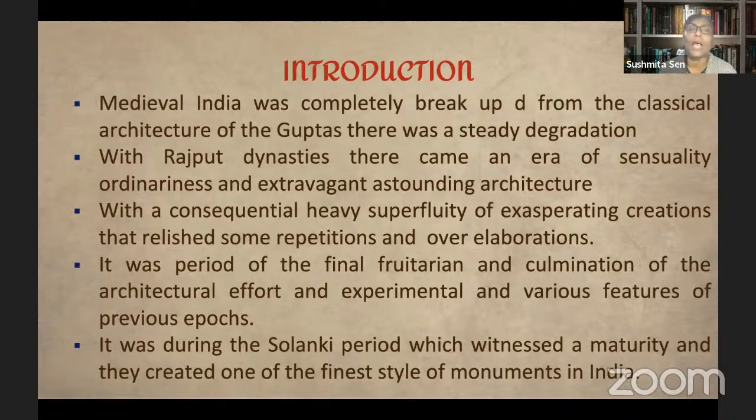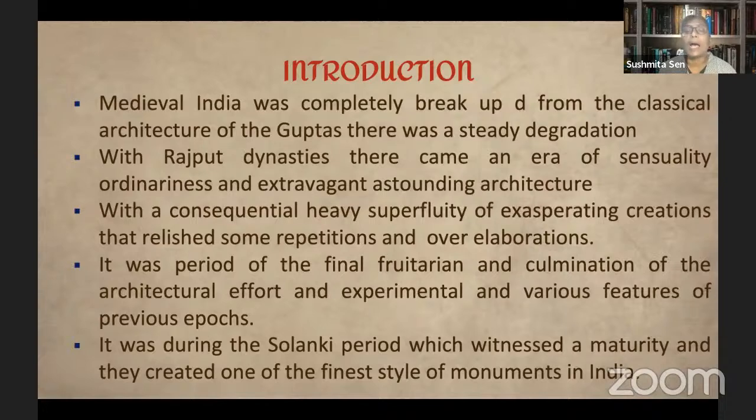If we talk about the architecture, after the Guptas there was a steady degradation in the architecture of India. And when these Rajput dynasties came into being, there started an era of extravagant, astounding architecture with heavy superfluity of beauty and over-elaborate sculpting. It was a period of final fruition and culmination of the architectural effort, and experimental features of the previous epoch were also put into their carving. It was during the Solanki period that architecture witnessed maturity, and they created one of the finest styles of monuments